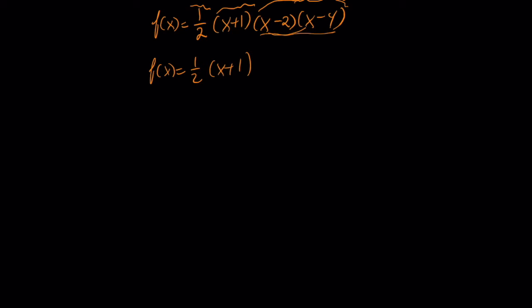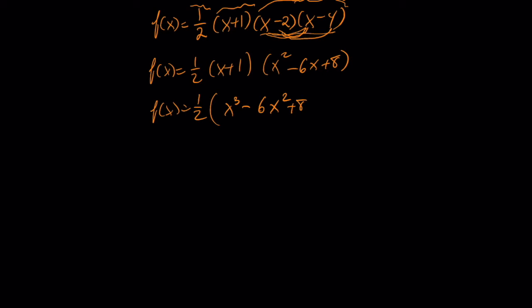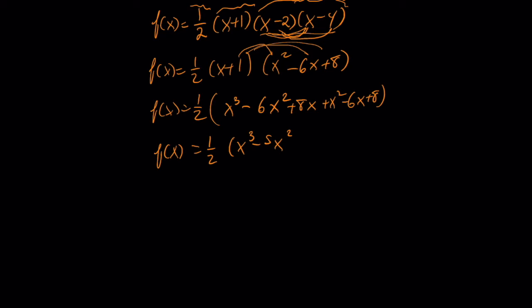These two FOILed together, I've got x squared, negative 2x, negative 4x, and that's a negative 6x, plus 8. Now I have f of x is 1/2. I'm going to take this x and multiply it by everything. So I've got x cubed minus 6x squared plus 8x. Now I have to distribute this 1. So I've got plus x squared minus 6x plus 8. I combine like terms. I find f of x is 1/2 times x cubed minus 5x squared